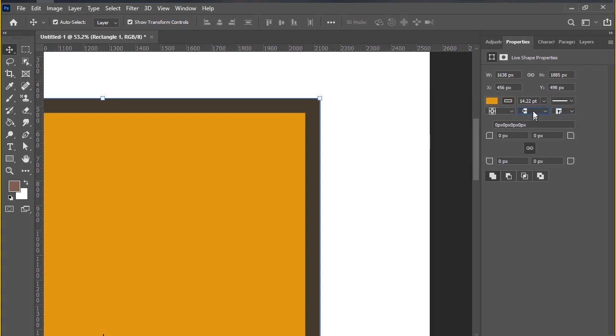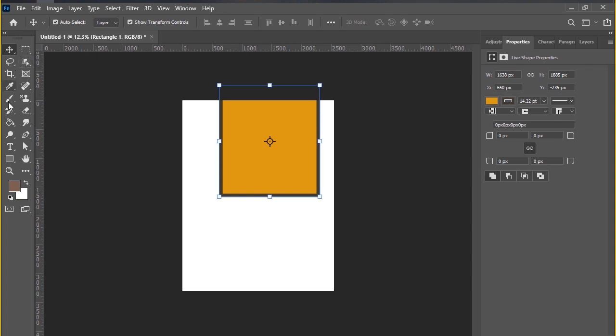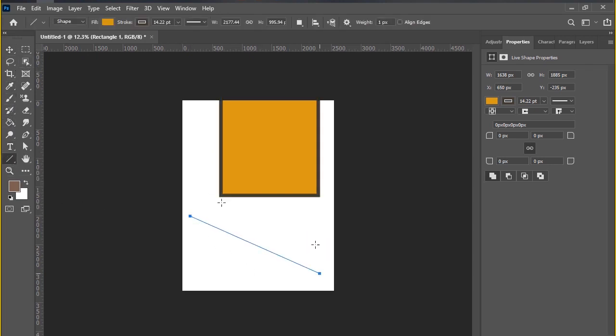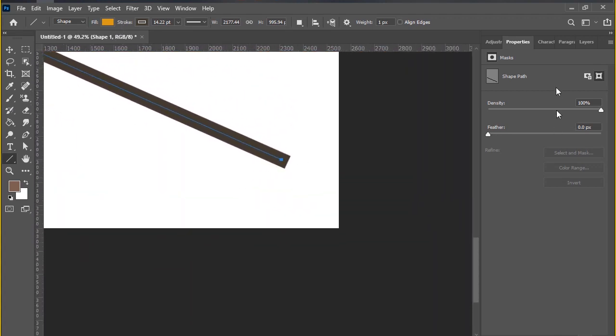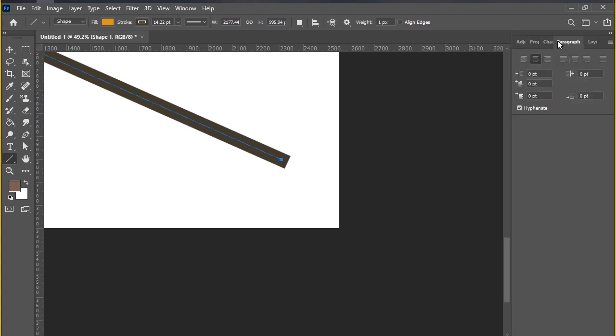This will affect when you draw a line. Now I'm just drawing a line with the line tool. If I go to properties option,